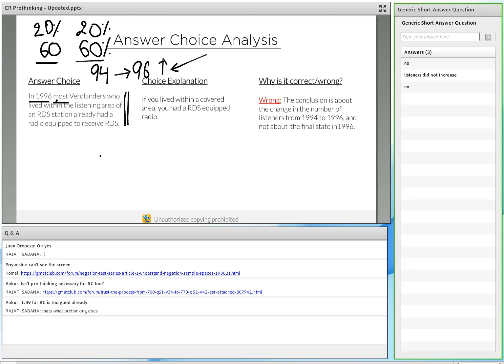Now, if you chose this answer choice, you have to ask yourself, why did I not think about this? Why did I not really use that definition of assumption? Remember, every time you're confused, I just ask you the definition of assumption. It's that simple statement that you have to comprehend and keep in mind.